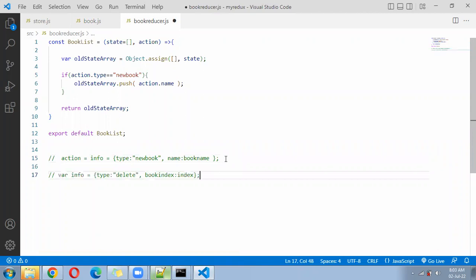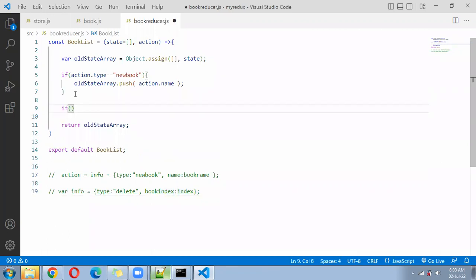Paste this again. Now see, what are you passing from there? One we have called type equal to what? And then book index equal to what? Index. So we are passing the action and value, action and value. We can write another if condition. If action dot type double equal to delete,